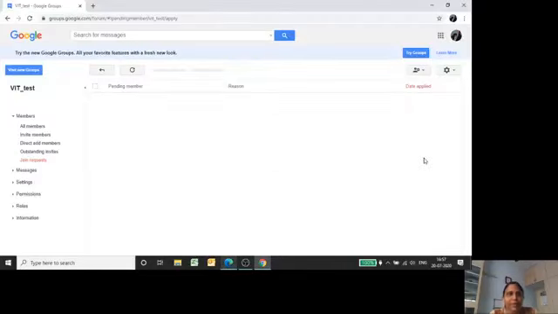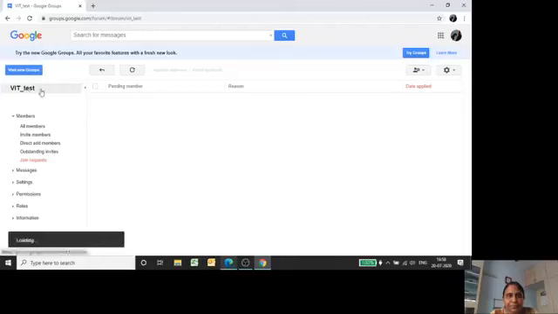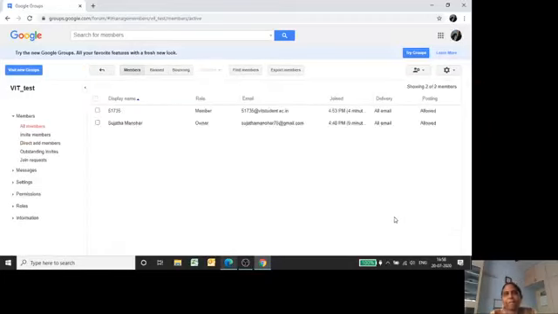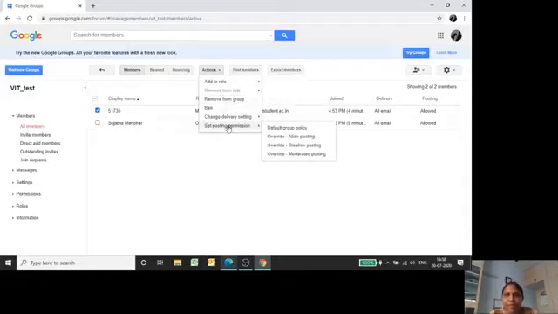Okay, now let me go back as the owner. I'm again going back to my personal email ID and into this group. Here I go to manage members. So if I have to remove this student that I added, I can remove from group. You can also control the permission for this person. You can say allow posting, disallow posting, which is what you usually use, and you can ban this person instead of removing.